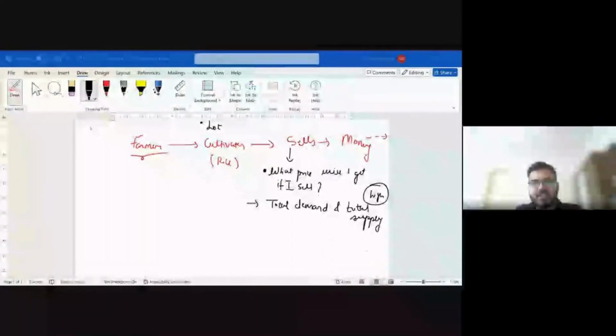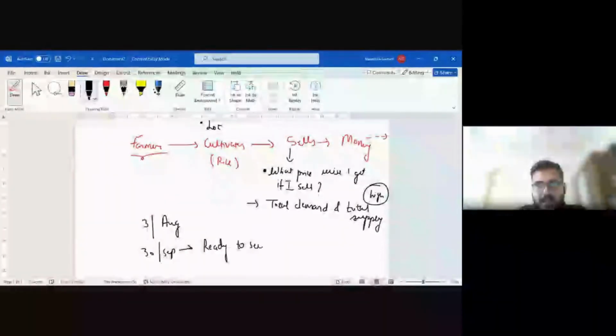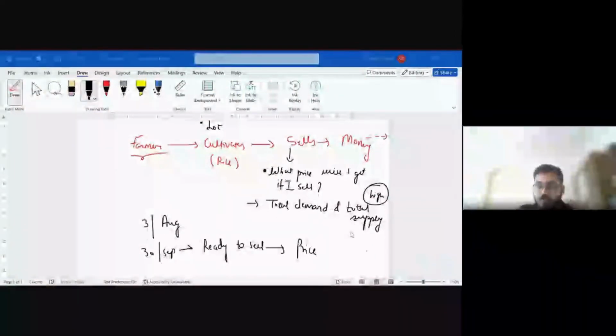तो इसके लिए क्या हो सकता है? He always runs a risk कि मान लो आज we are sitting in the month of August, we are at 3rd of August. मान लो कि एंड ऑफ सितंबर 30th सितंबर को इसका सारा राइस रेडी हो जाएगा, रेडी टू सेल, एंड इसको उस टाइम पे प्राइस का पता चलेगा कि अच्छा व्हाट इज द डिमांड, सप्लाई एंड ऑल ऑफ दोस थिंग्स. So because of that there is one inherent risk associated with this कि 30th September को क्या प्राइस होगा